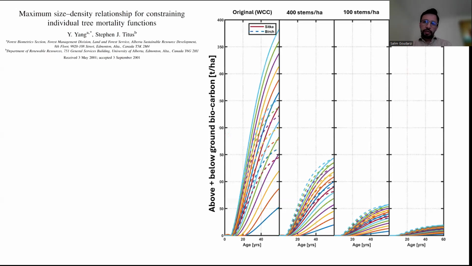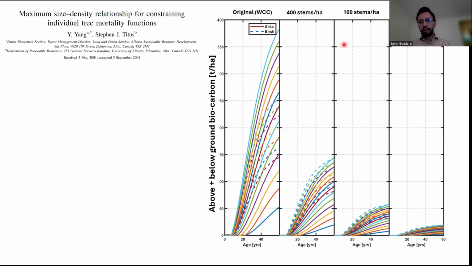But obviously, for agroforestry, we don't really consider the forestry density, so we need to somehow convert those yield curves into more agroforestry-like scenarios. To do that, we use a self-thinning relationship from this paper, where we take the original Woodland Carbon Code yield curves and convert them into